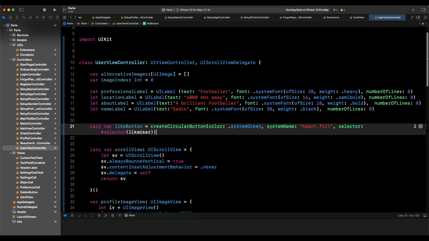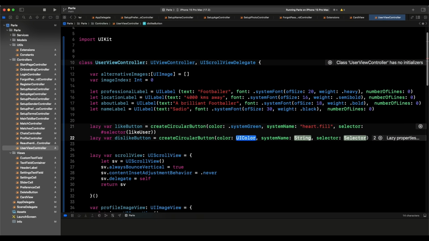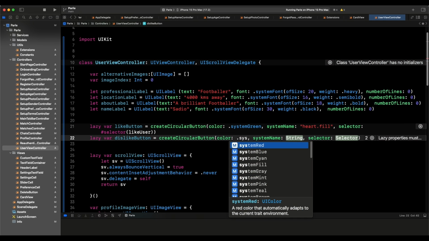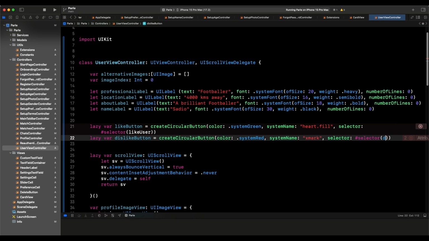It doesn't exist yet. Come here, say lazy var. What's the name? It is going to be dislike button. What's the dislike button? It is going to be the create circular button. This is going to be dot system red. The system name is going to be xmark. The selector doesn't exist yet. It is going to be hashtag selector. It's going to be called,